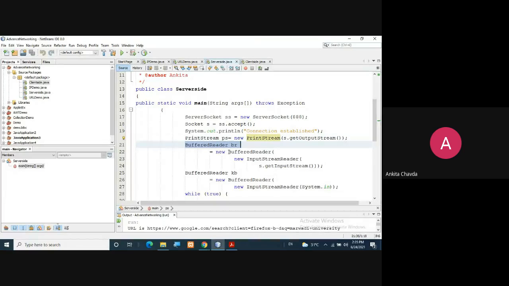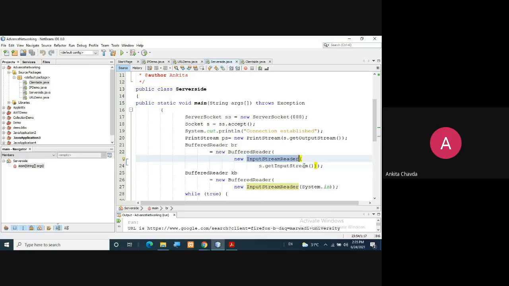BufferedReader br is equal to new BufferedReader, and you know this concept that a BufferedReader is not actually the stream. We can simply put this buffer inside any of the streams. So your main stream is InputStreamReader, where you get s.getInputStream. Now you have the output stream and the input stream.